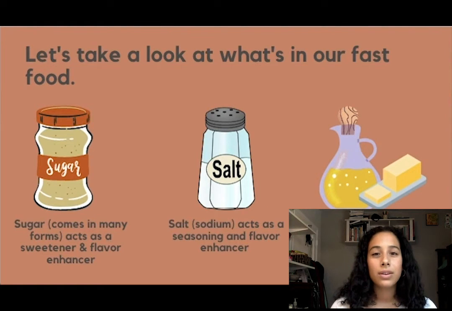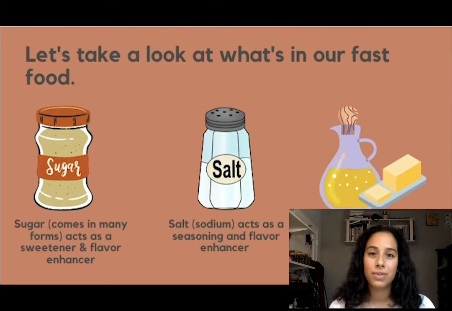While we often think of sugar as the grainy white stuff that tastes sweet, it can also come in the form of syrup, such as honey, maple syrup, and high fructose corn syrup. In fact, there are over 50 different forms and names that sugar comes in, and fast food restaurants use a mix and blend of them to create the perfect sweetness and give their food the perfect flavor. Did you know that on average, our yearly intake of sugar has increased from 128 to 158 pounds since 1985? That's a lot of sugar.